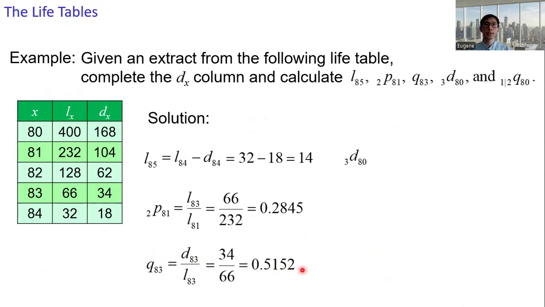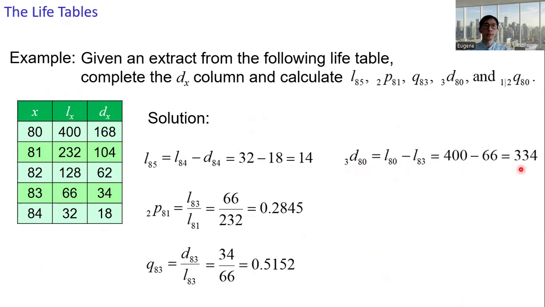D80. So this is L80 minus L83. The expected number of deaths within 3 years, given that the individual age is currently 80. That is, an individual currently at age 80 will die before reaching age 83. So the corresponding number of deaths, L80 minus L83, which is